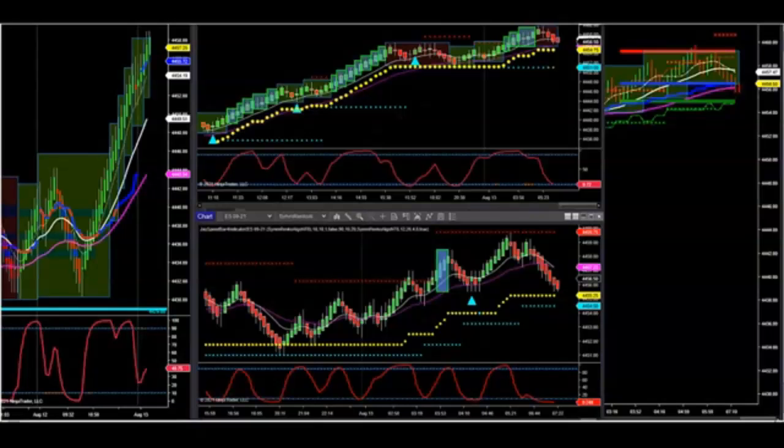So we're going to go over the two setups. We're going to go over the WPT trade, the wrongly positioned trader trade, and then also the retracement trade. I'm going to make the video quite